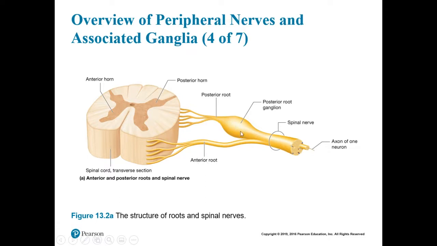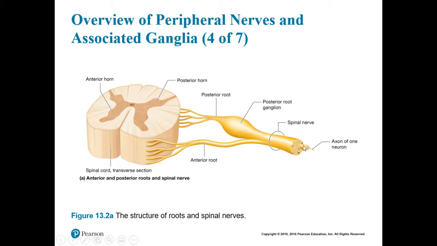Now, this part that bulges out, there's a high amount of cell bodies found within this bulge. And the bulge is known as a ganglion. And this is specifically a posterior root ganglion. All right, so those two merge onto the actual spinal nerve, and the nerve is made up of